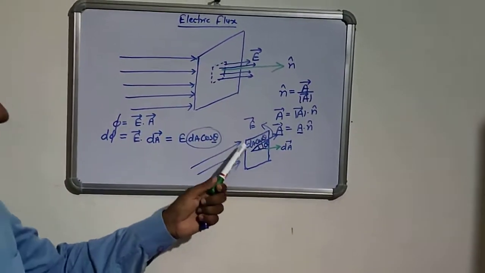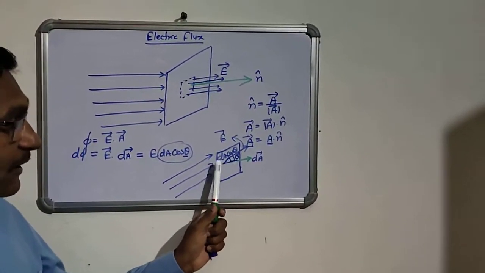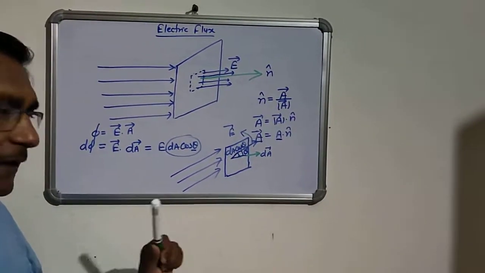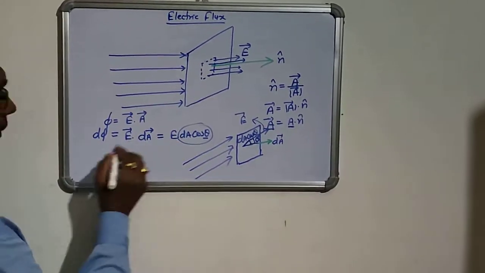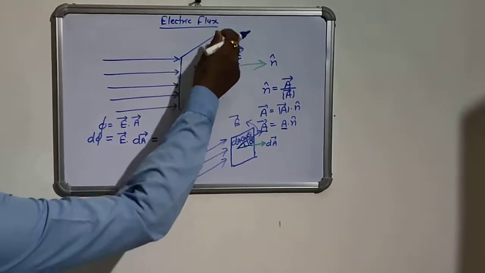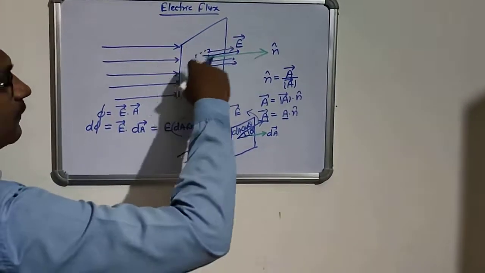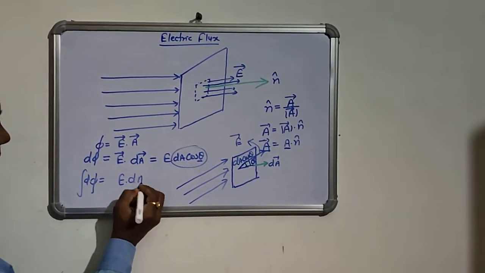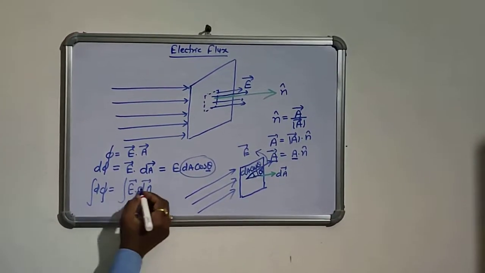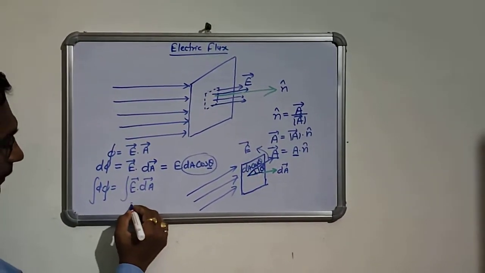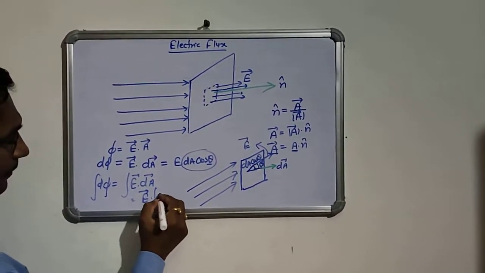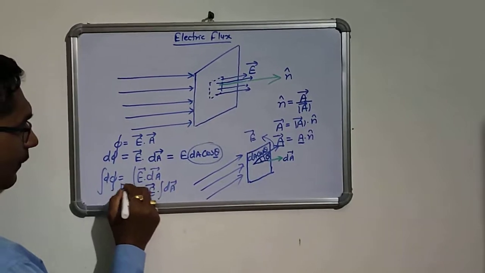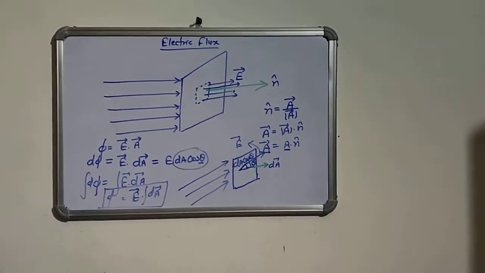Now we can say electric flux is the number of field lines which pass through unit area along their normal. Okay. So finally, the flux through the whole surface can be written as d phi, the integration of E dot dA. Okay, if the electric field is constant, then it is E times dA, equals phi. So phi equals E dot A.